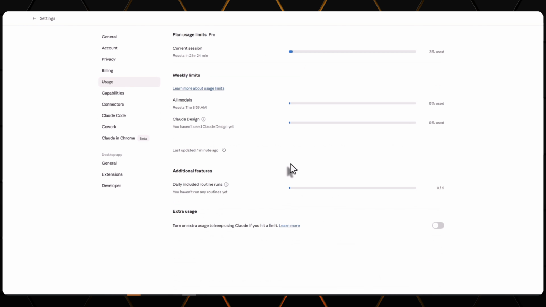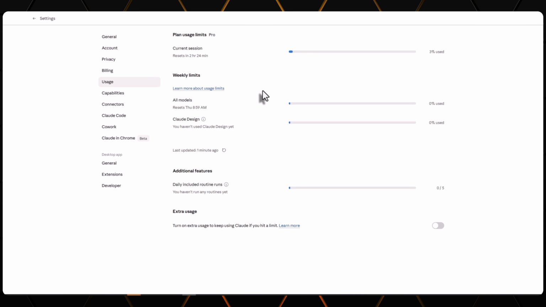This page gives you a real-time breakdown of your activity. You will likely see your current session first, which shows a percentage of the limit you have already consumed. For example, if it says you have used 20% of your limit, it will also provide a countdown for when that limit is going to reset, such as in 2 hours and 30 minutes. The important thing is that these limits apply to specific time windows, so keeping an eye on that timer helps